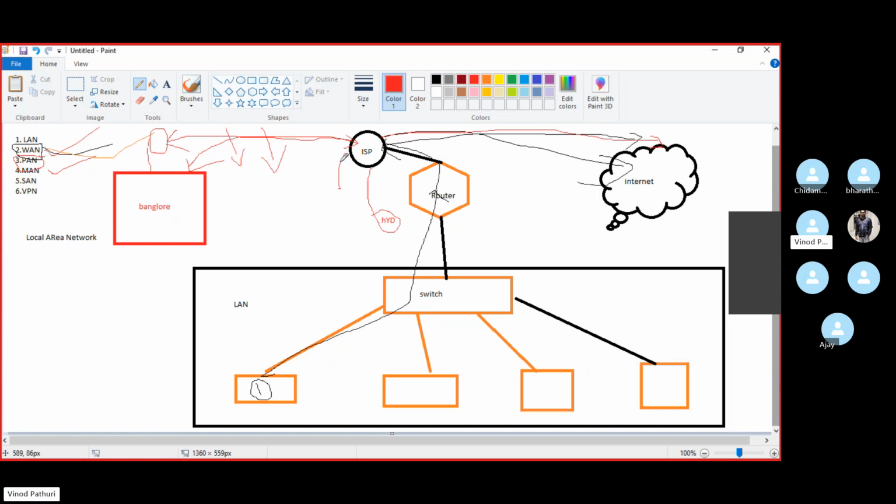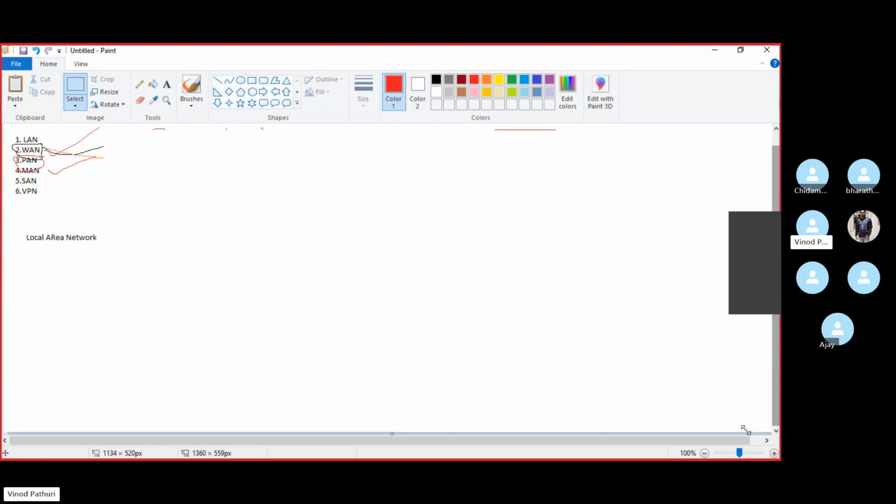Like if you see in an organization, for example, I can't tell you the outside situation, but if we are in an organization, whenever they have any customer, for any customer they will create multiple networks.